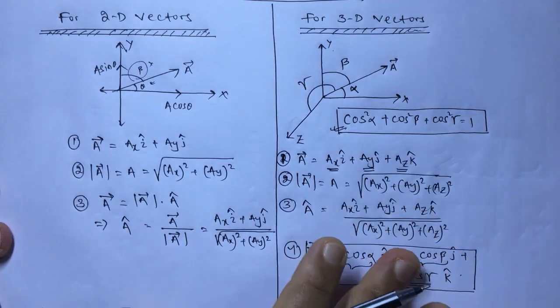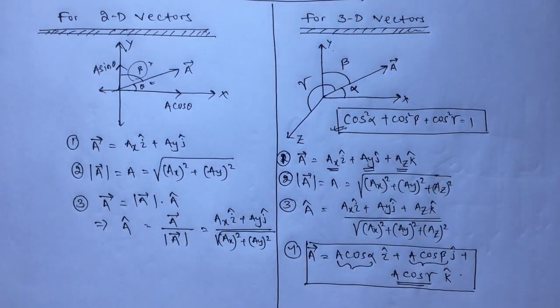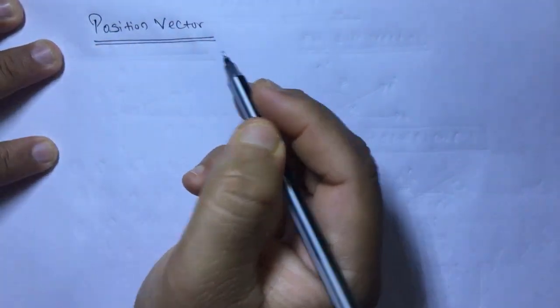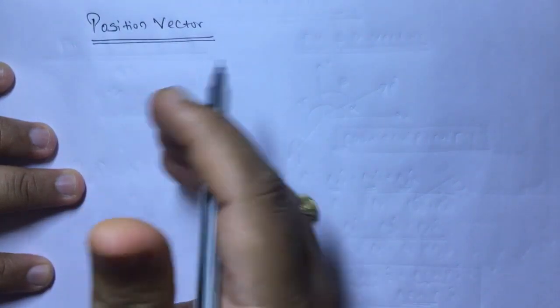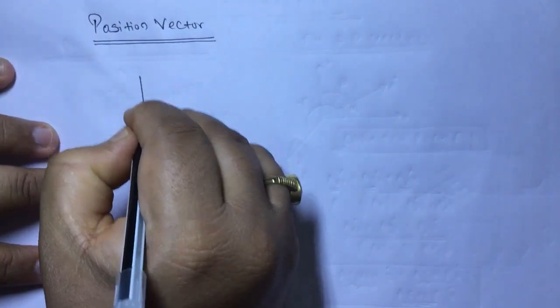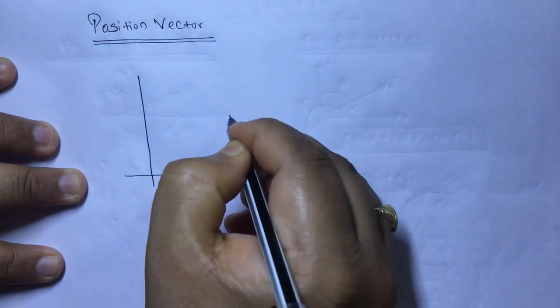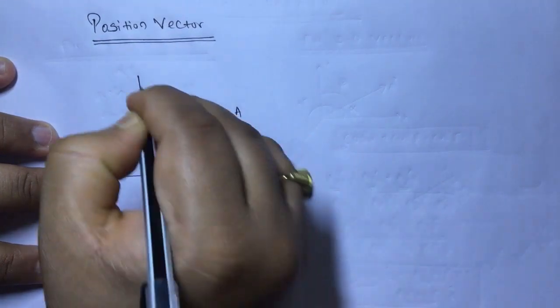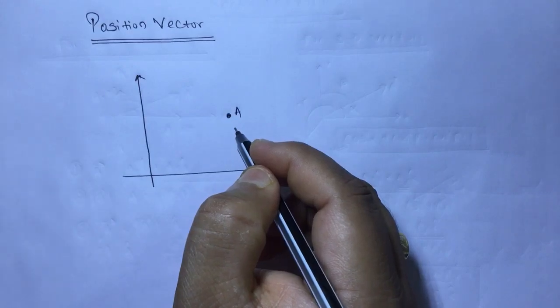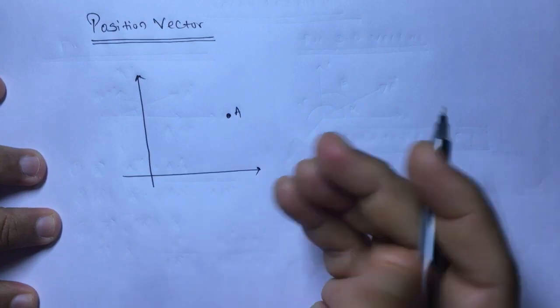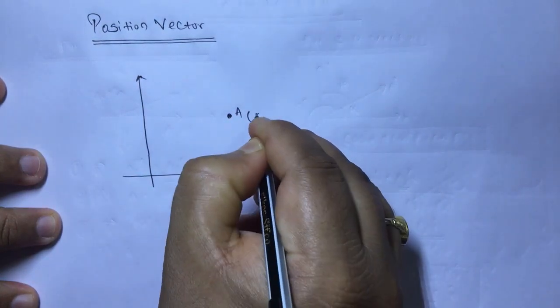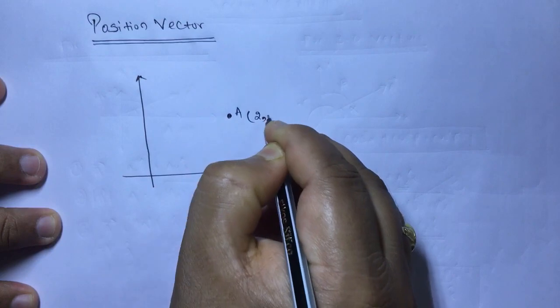Okay, now let us come to the next concept, which is about position vector and displacement vector. Let us check. What do you mean by position vector? Position vector is a vector which gives the position of a point. Let it be a point A. I want to give the position of the point, or I want to identify the position of the point. How am I actually going to do that? In a coordinate system, I am going to write the coordinates here. Let it be 2, 4 like this.